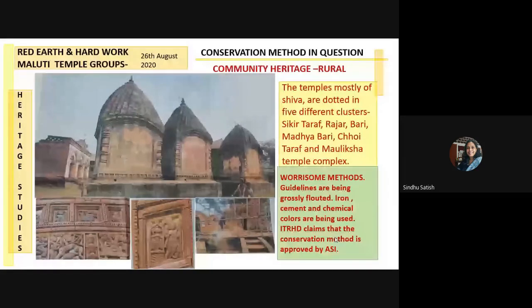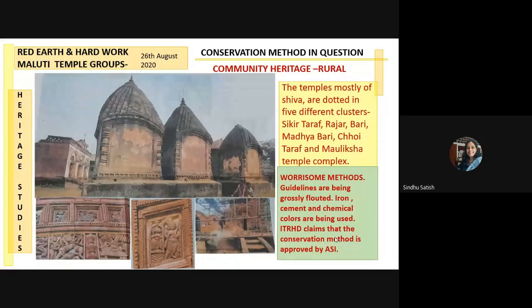This also largely happened because there is no local manpower to handle conservation on a regular basis. This technique required to be maintained. It cannot be done and left for hundreds of years to just be like that. So it requires regular maintenance, and that didn't happen. And then Jharkhand's tableau was based on these temples in the Republic Day parade, recently, on the 26th.